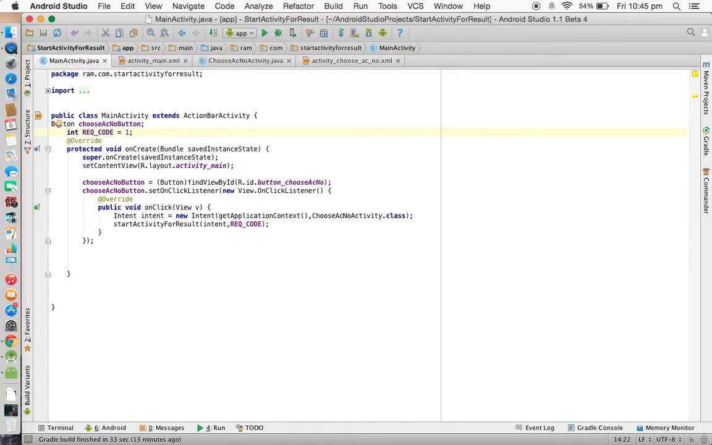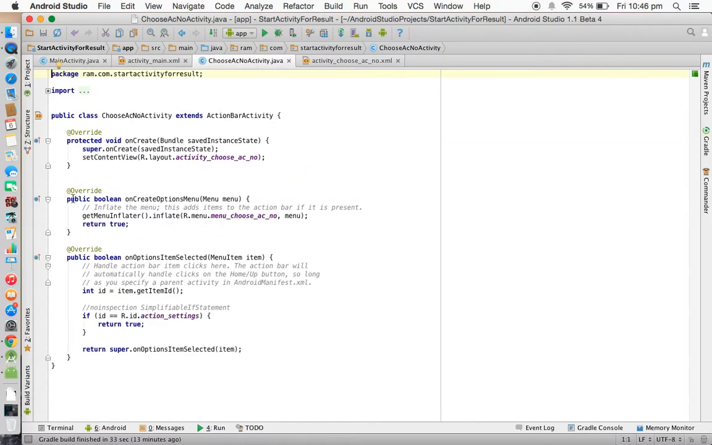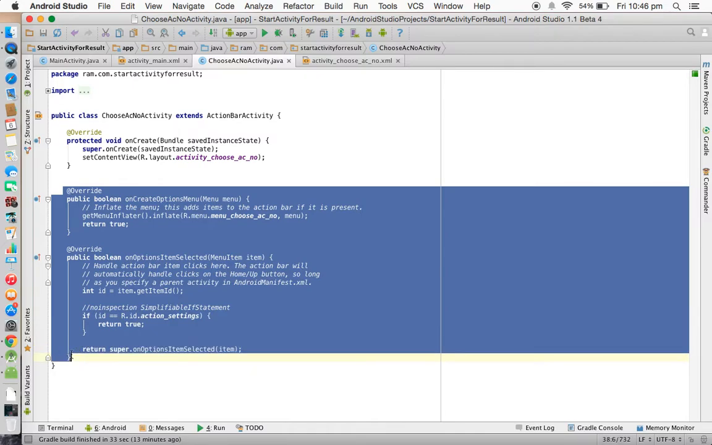Why? Because you may launch so many activities, and those activities are going to return results. To separate the results, to know which activity is returning the result, we are going to use these request codes and result codes. So it's going to launch the choose account number activity whenever we execute startActivityForResult. So we'll come to the choose account number activity, and we need to write a program